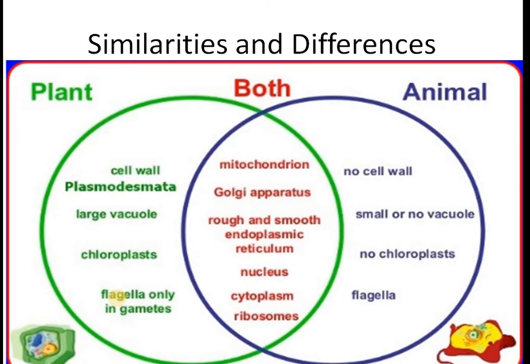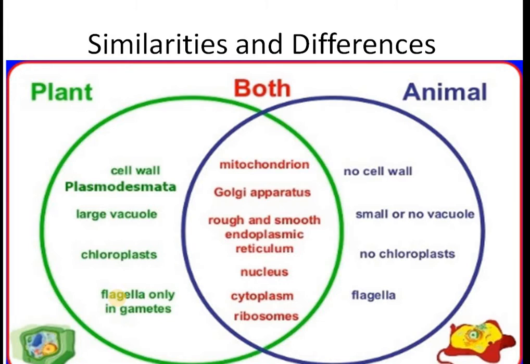Now this slide tells you the similarities and differences between plant and animal cells. Again, this is a review of your previous knowledge with the addition of some newer points. You know that the cell wall made up of cellulose is only present in plant cells, not in animal cells. You also know that there is a single large central vacuole in plant cells, not in animal cells. In fact, the animal cell contains numerous small vacuoles. Chloroplast is present only in plant cells, not in animal cells.